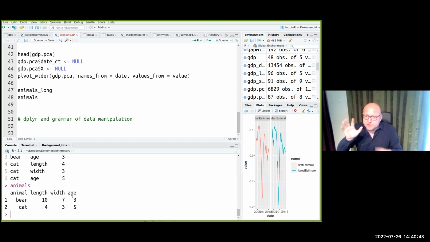You only need something like 5 basic verbs. And what is a verb in dplyr? A verb is a function. So we'll take a look at 6 basic verbs now: select, filter, mutate, group by, and summarize, and let's say arrange as a sixth verb. These 6 verbs will get you amazingly far. And let me show you these verbs